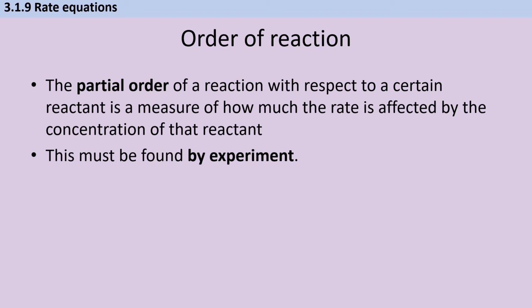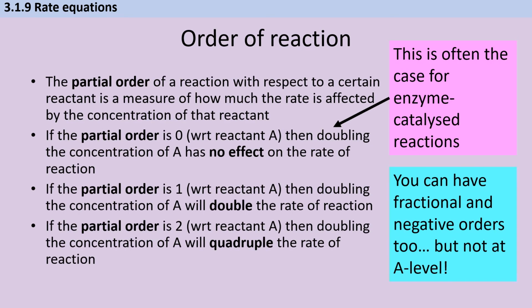Or does it have an even bigger effect than that? And that's not something that you can work out by just looking at an equation. It's something that you need to do experiments for. You need to have data for. So by using experiments, I can figure out what the partial order of a reaction is with respect to a